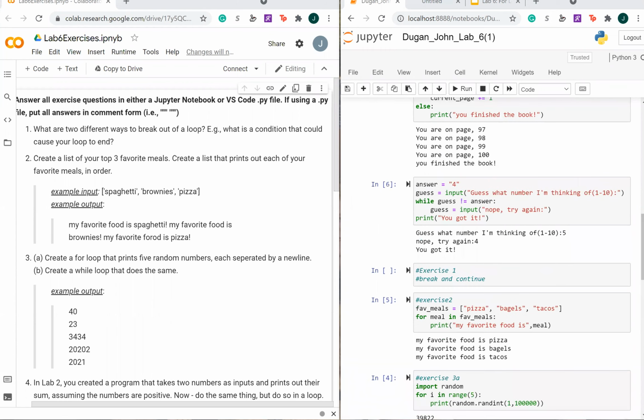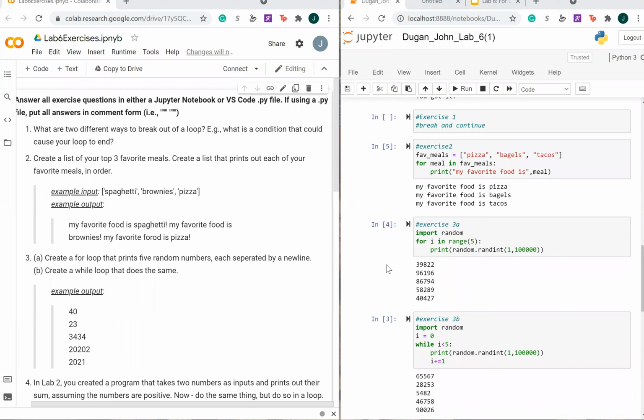Alrighty, so let's get into it. For lab 6 of the course, we have exercise 1. The question asks, what are two different ways to break out of a loop? The two different ways are break and continue. Break terminates the loop and goes to the closing statement, while continue terminates the current iteration and jumps to the top of the loop to reevaluate the